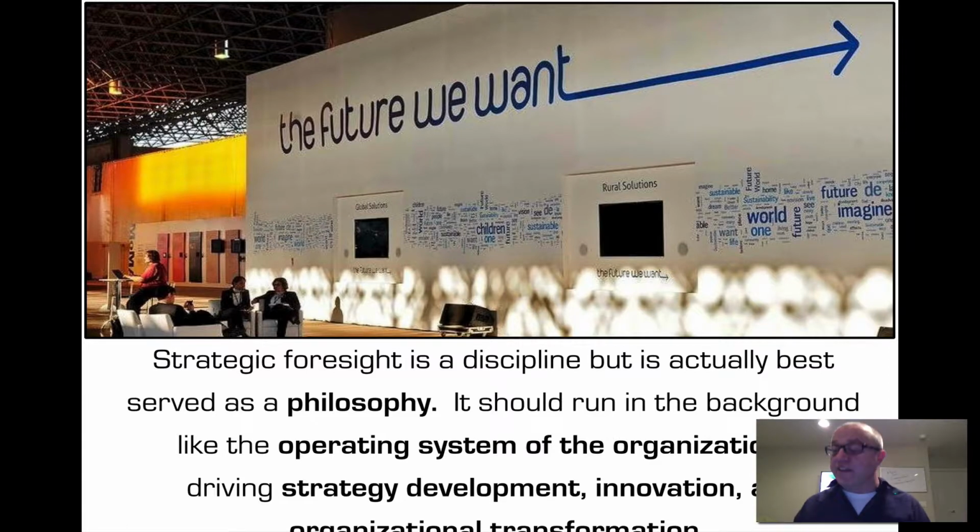And so one of the things that I wanted to point out to you on this slide is that you can also focus on the last piece of this slide, the strategy, the innovation, the organizational transformation, etc. Strategic foresight maps emerging ideas and environments that are helping us find the right talent. There's another place that you can think of besides strategy, talent development, to create the right products, to implement the right models. In other words, what I'm trying to say is there's no place in the organization that we can't apply this background philosophy, this operating system to.